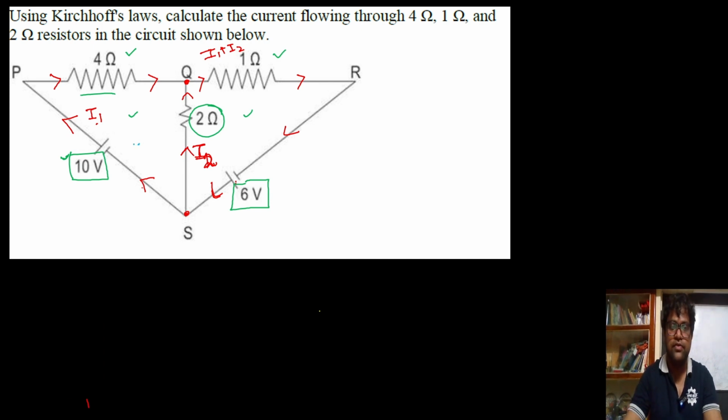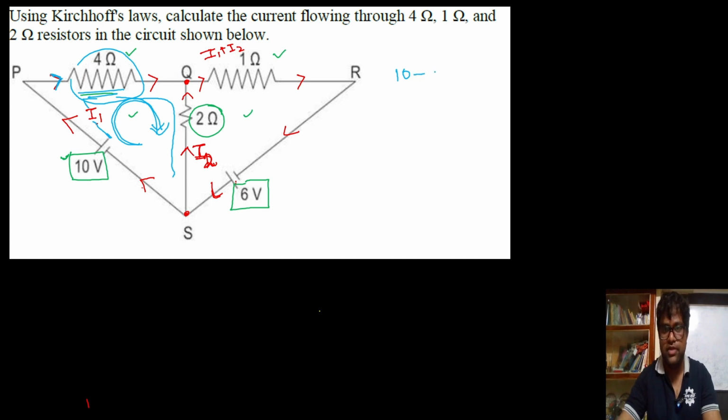So now let us solve it. So we'll write the equation for this one first. Let us move in this direction. We'll start from 10 volt, then we'll move like this. Okay, so if we start from 10 volt, the equation you can write like this, 10, and in the same direction if I am meeting the resistance, I'll write that the potential is dropped across this resistance. So potential, resistance into current, is I1 here, so I'll write 4I1